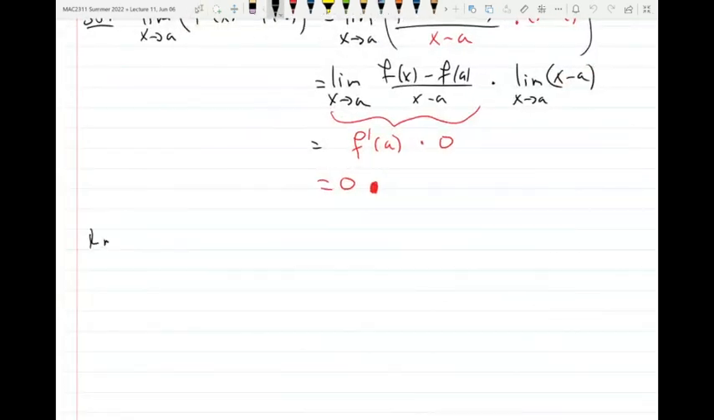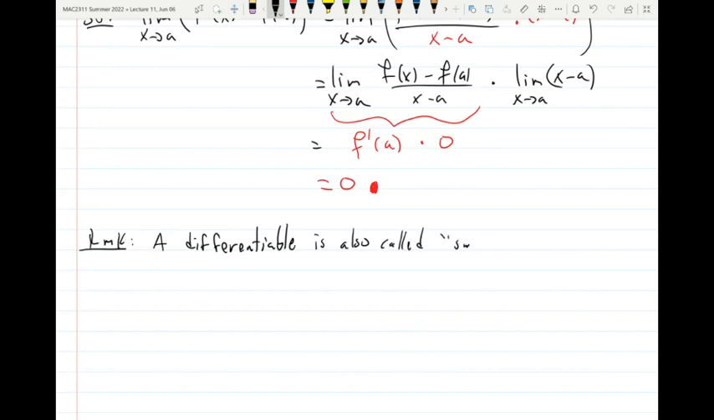So, mark. A differentiable function is also called smooth. I'm putting this in quotation marks because technically smooth means that because it's differentiable, it has a derivative, and the derivative has to be continuous. When the derivative is continuous, then it's smooth. But let's loosely say smooth. A differentiable function is also called smooth because